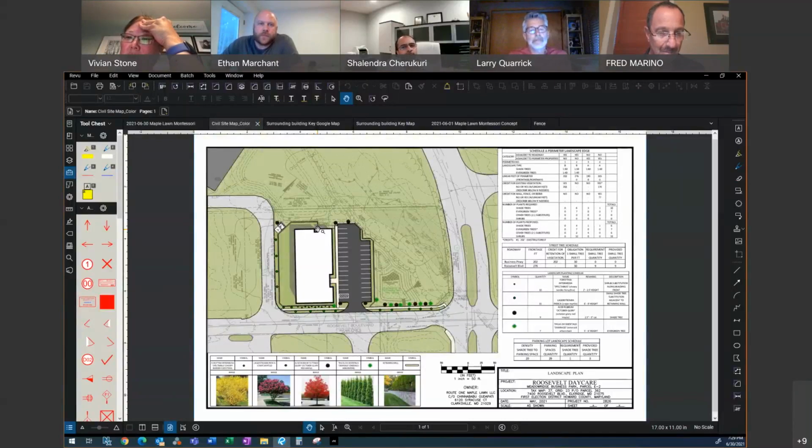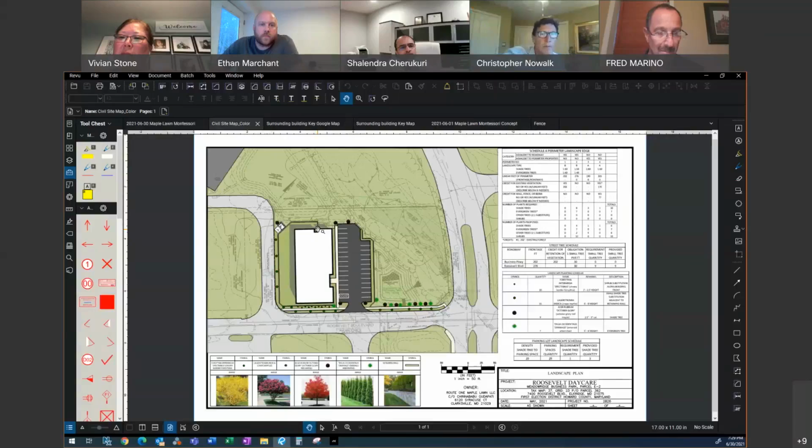If I may, it's a shared access road to the distribution building behind us, and we have rights to that. So we put the dumpster off on there. That way that truck traffic will not come up into our parking lot. It just seemed to function better. The truck can flow right through the back of that warehouse and out on the Business Parkway at the top of the page, off the page. So that was a good flow for us. And there's a side door. You see right where the hand is, there's a side door that the staff can take trash out and up to that dumpster enclosure. Okay, great. That's a great solution.